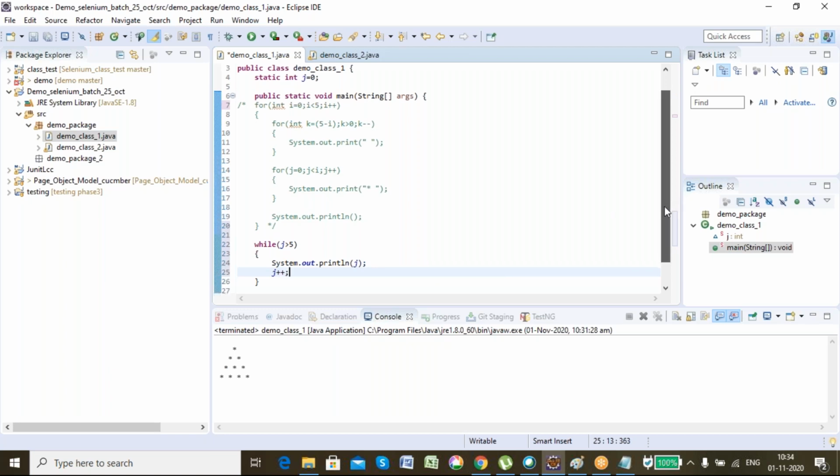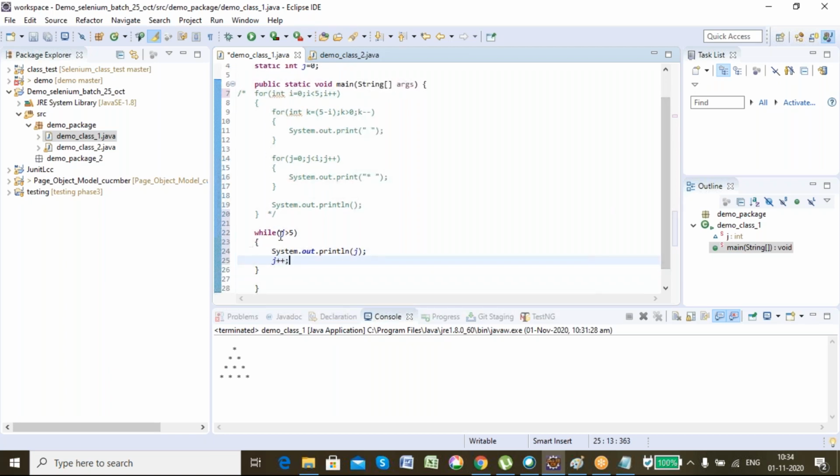See, it will come here and check the condition, j is 0, 0 greater than 5.